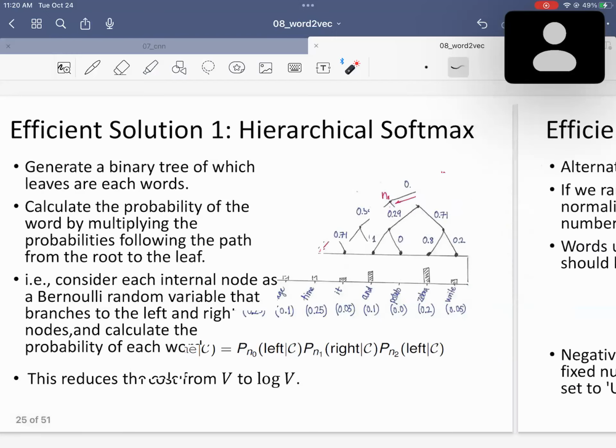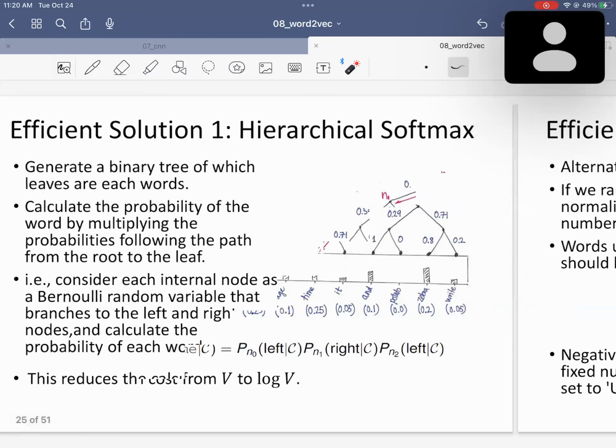That would be it for this window, and then you slide to the next window and do the same thing, and then slide to the next and do the same thing. You just keep sliding to the next context, and that is why I say the word2vec algorithm is very local. But as opposed to this,